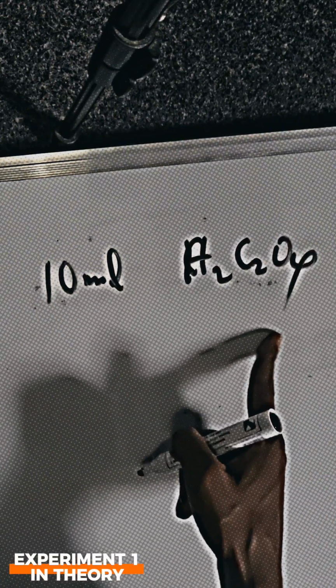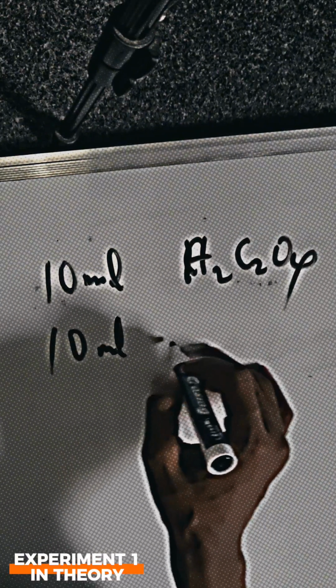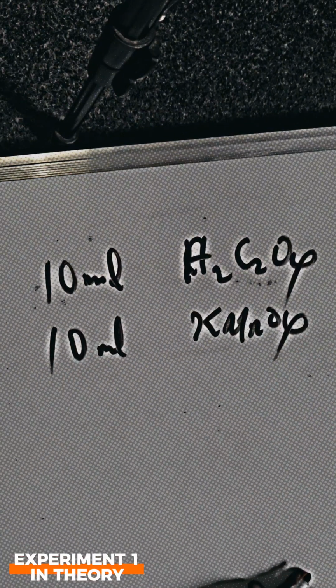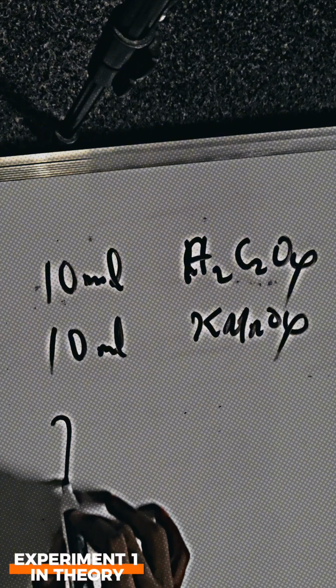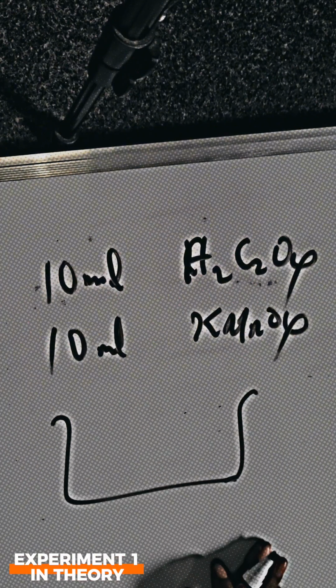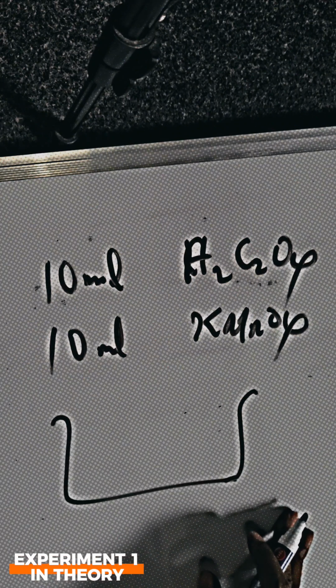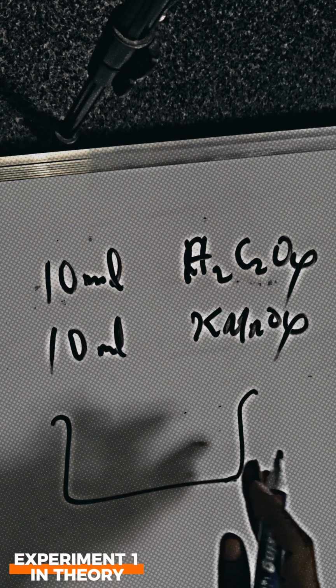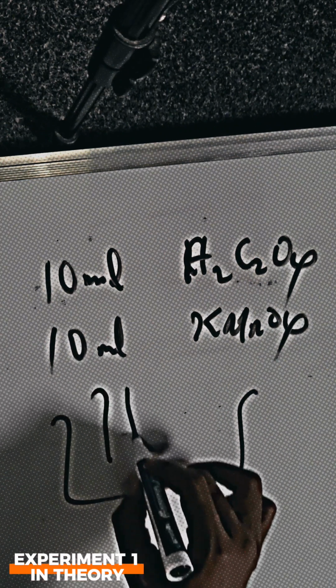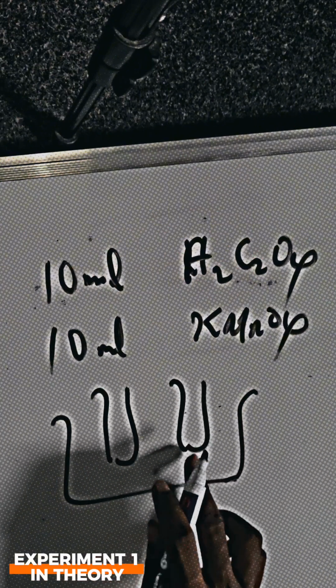So you take 10 ml of this and you take 10 ml of potassium permanganate, right? So you're going to heat them. Just put the separate test tubes in a beaker, or whichever is provided for you, that has been warmed at 50 degrees Celsius. Then you have a thermometer to be sure it's at 50. So you warm the 2 test tubes to 50, one for oxalic acid and one